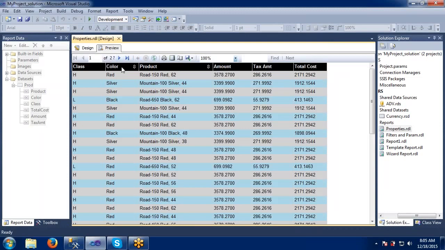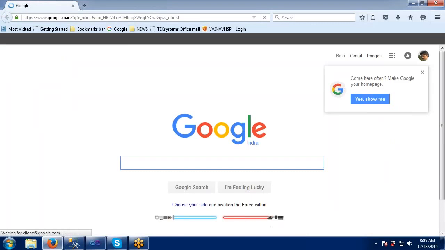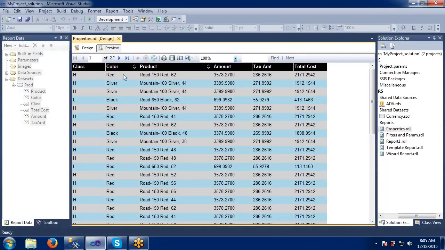See this one. Now you can see something handy on this. It means when I click on this, it automatically takes me to some URL. I have given Google, right? So it is displaying like this. Okay, so like this we can specify it on any column.